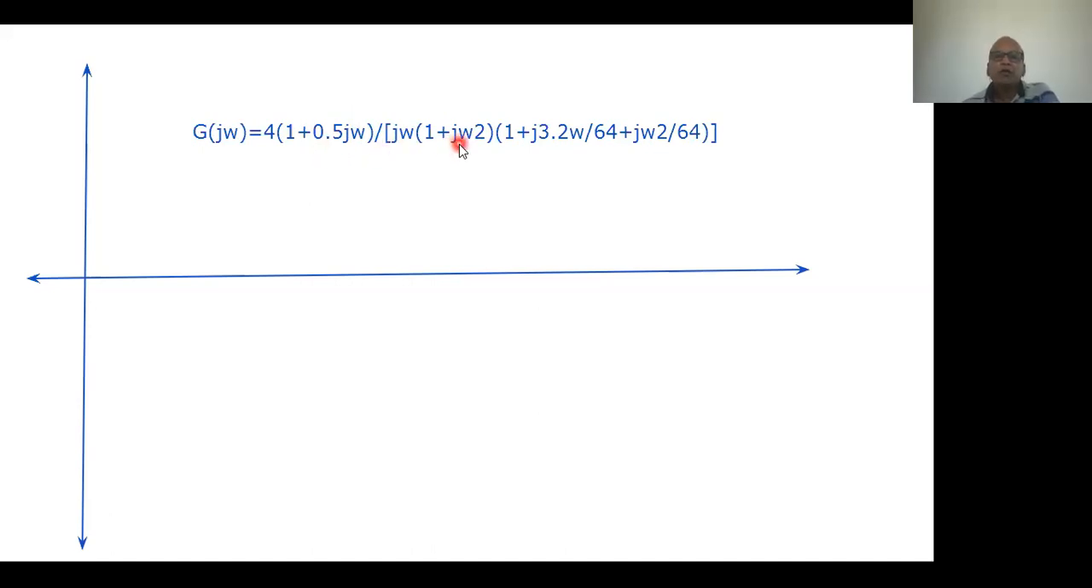And then corner frequency equal to say 1 divided by this 2, that is 0.5. And for the quadratic factor, already discussed in the previous lecture, the corner frequency equals this omega n. Omega n square is equal to 64. If you take the square root of 64, it is equal to 8. And hence, if you mark the points,